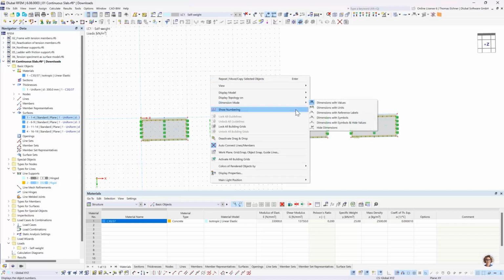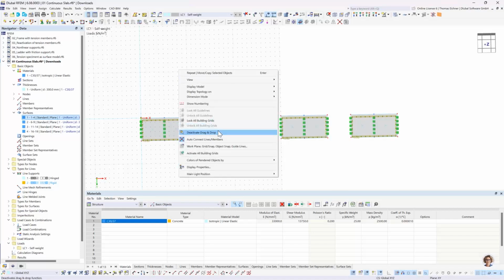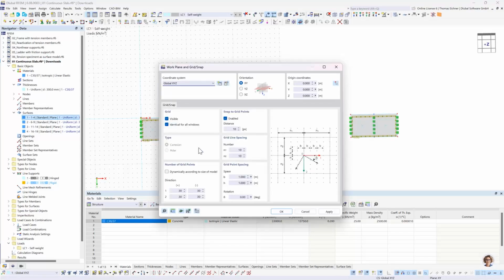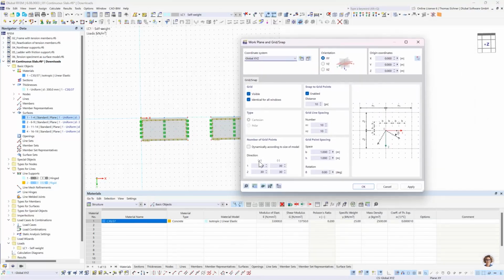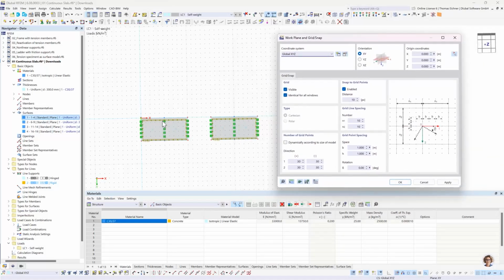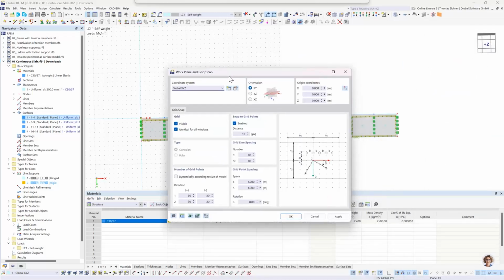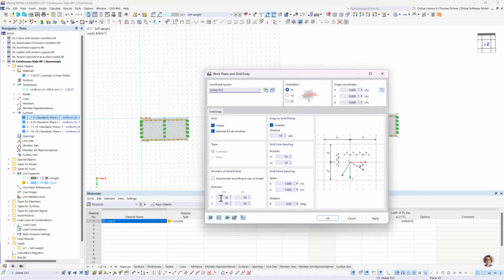And that can be done with a right click just anywhere on the screen and just click on the work plane and grid options. And within here now we can say, okay, we have right now 30 dots from here. That's not enough. What we want to have now is, I'm just gonna put a lot of points here. Let's pick 200. Later on I will show you also this dynamically number of grid points,